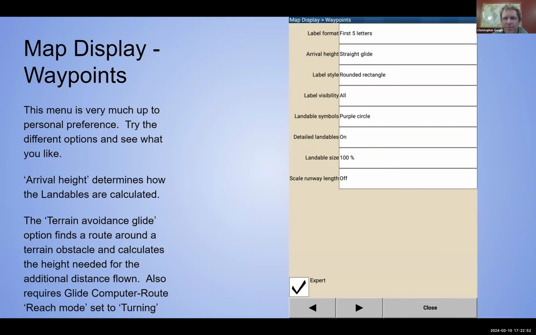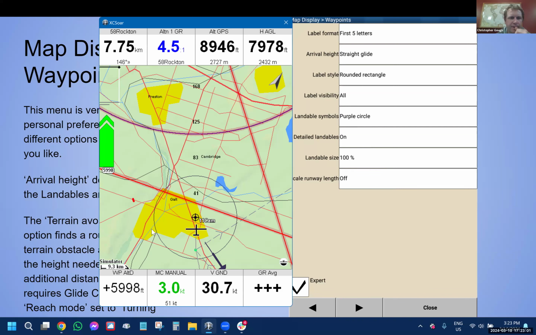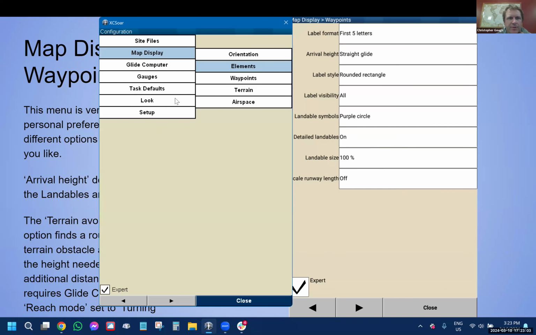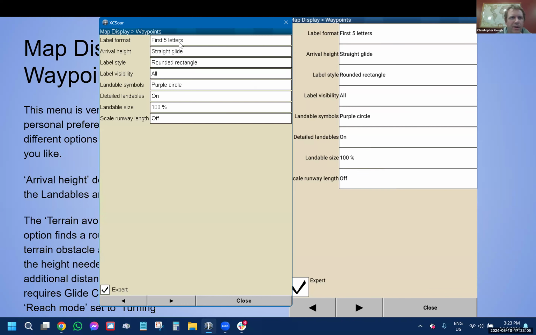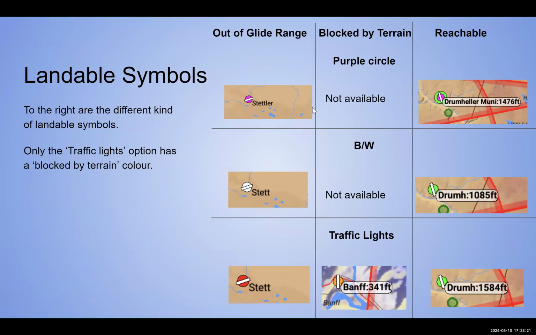So displaying waypoints portion of it, there's all sorts of options there. You know, how many letters you want displayed. You can put full name, 3 letters, whatever. All sorts of different styles that I think are pretty self-explanatory. The one that is different here, and I think I have it, yeah, landable symbols. There's a few different styles of